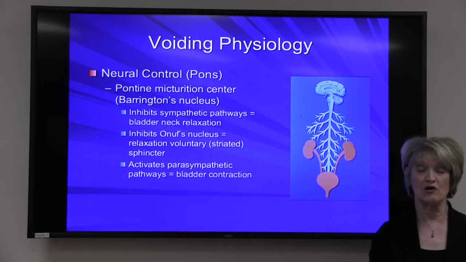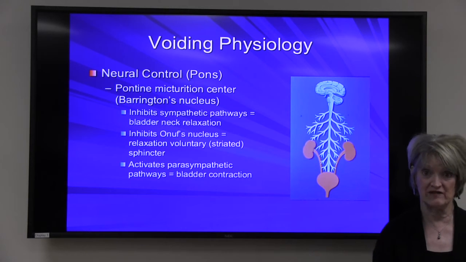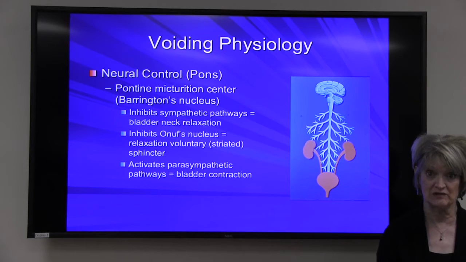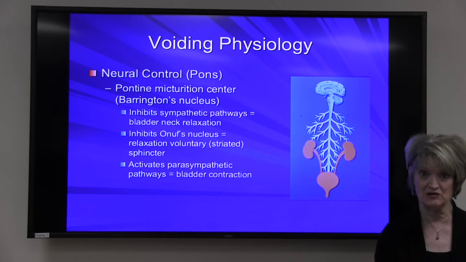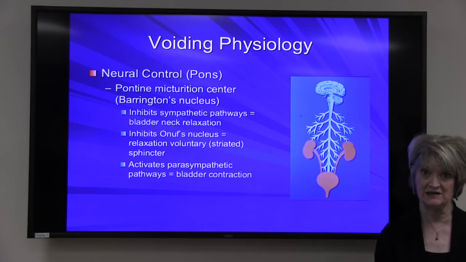Okay, now let's talk about what happens when the cortex says, this is a good time, hands off to the midbrain, says activate voiding. The midbrain turns around, activates the pontine micturition center. That's the other half of the voiding centers in the pons. So you've got the pontine storage center, the pontine micturition center. When the pontine micturition center is active,